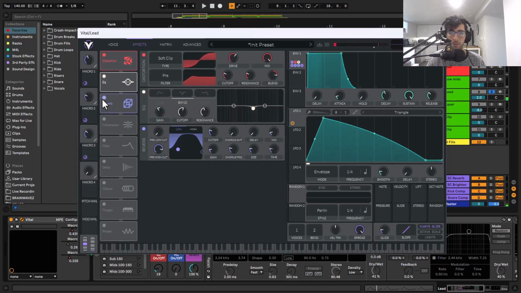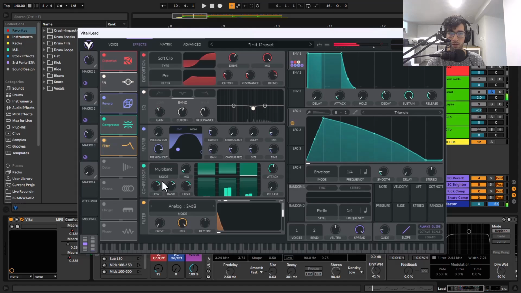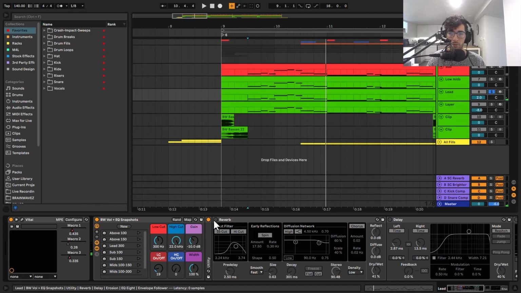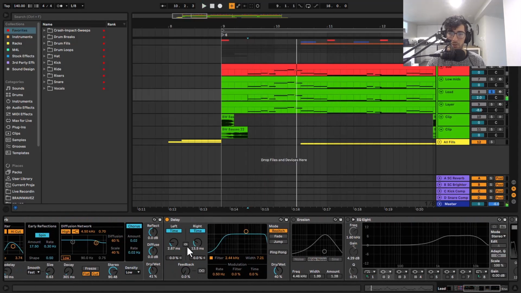Some reverb, compression, and the filtering, which is giving it that wobbly and resonant sound. Then I put some more reverb on it, some delay, pretty short delay, erosion,